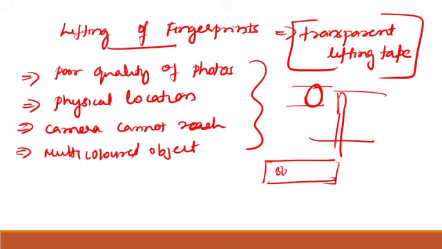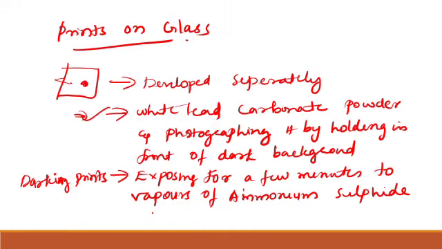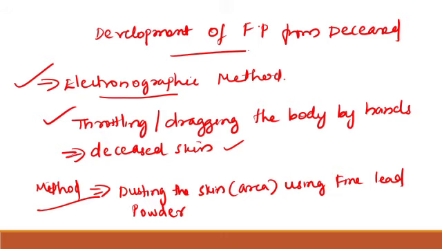At one stretch you have to pull that one, and you have to keep this back on this black background. Then after this is for preserving the lifted fingerprint. You lifted this using transparent lifting tape, and you have to keep it back. It is for preserving the lifted fingerprint, and care must be taken to prevent the formation of air bubbles under the lifter, and this is a permanent record.